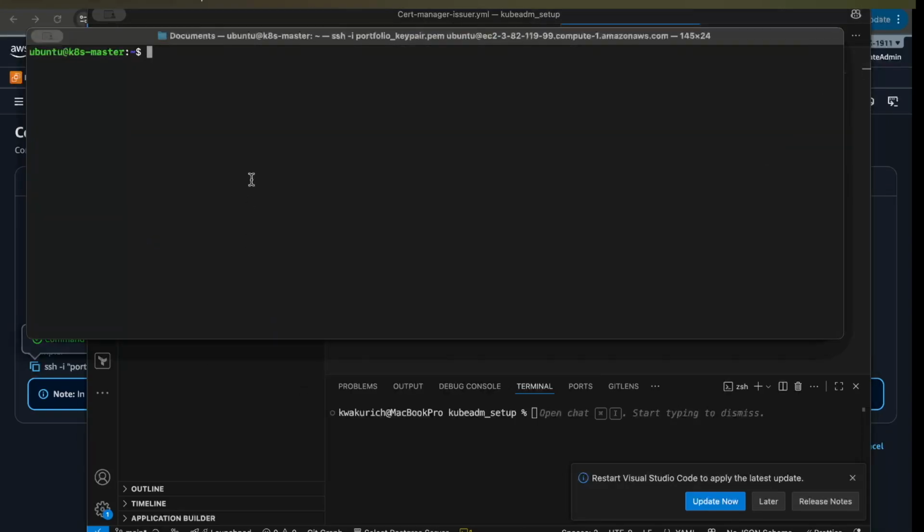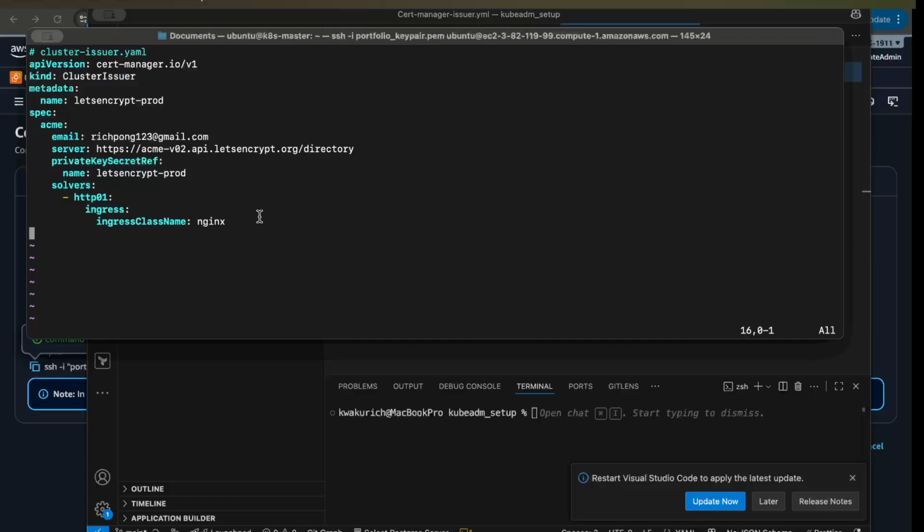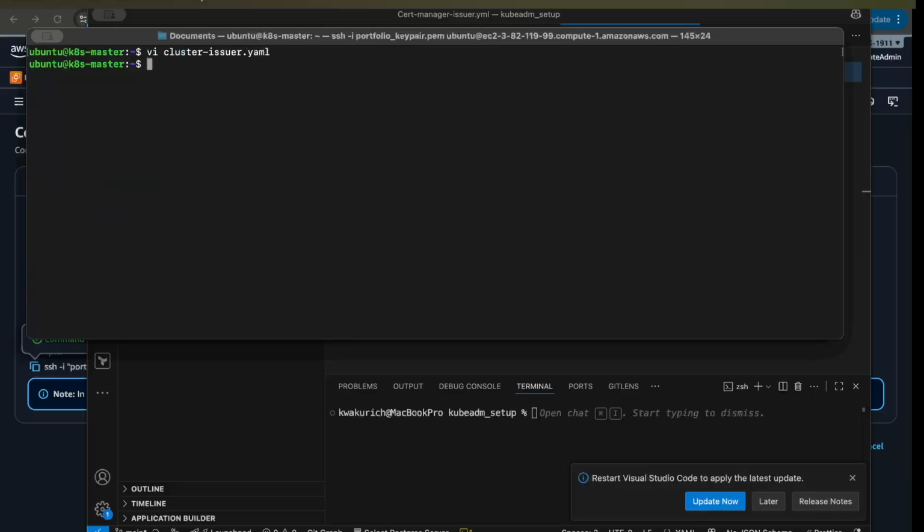So I'll go to my server again, and then vi, and then we create this file. So now let us copy and paste this code here. So now we are going to make the certificate issuer for our system. So now save the file. Good job. Now that we've saved the file,